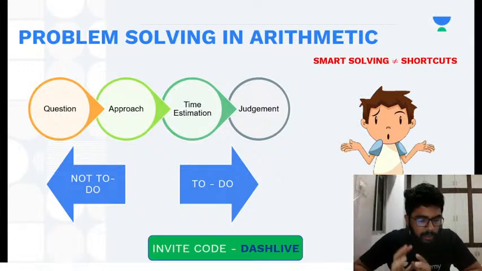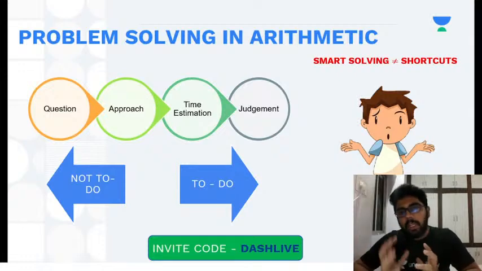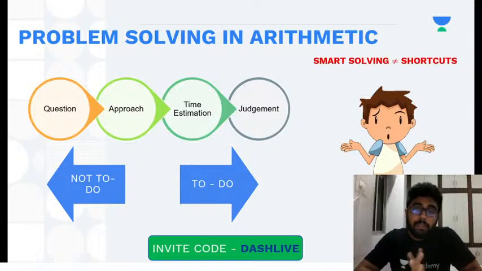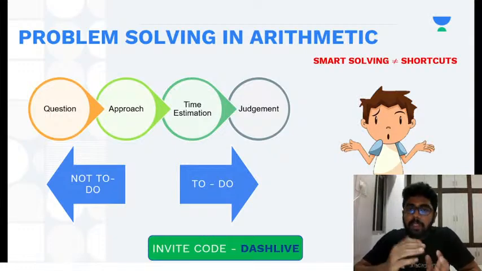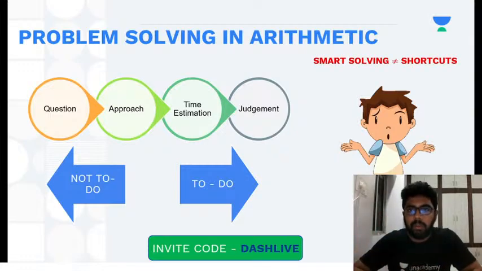But there is also something related to approach, that what kind of approach should I follow or the way I see the question. That is also something which is very crucial. In the next course of 4 or 5 questions, I will show you what your thought process should be to solve a question. Should I get totally mathematical and apply critical concepts, or can I solve it in a very easy way? I'm not saying every question can be done like that, but a lot of questions can be done like that, and that many questions can give you an idea.